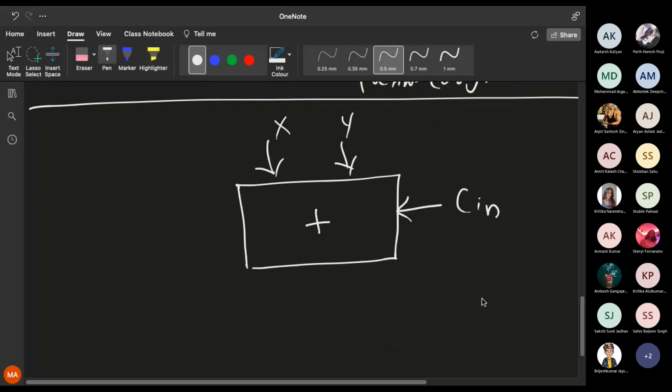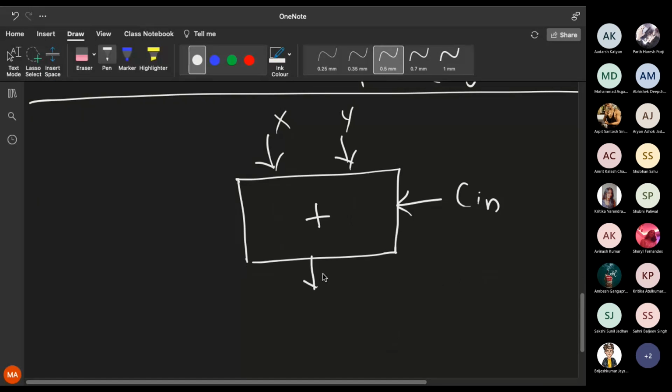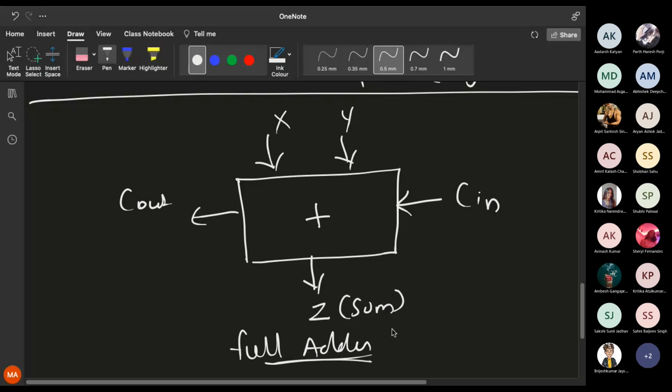And it will generate two outputs. One is Z, which is the sum. Along with that, it generates a C out, which is the current carry. This is the previous carry, this is the current carry. Is that clear? And this is the diagram of the full adder. This is how the full adder is represented. Kindly draw this diagram. It is not that difficult to remember. A full adder has three inputs: x, y and C in. A half adder has only x and y; it won't consider the carry. The output is exactly the same: we have the sum and we have the carry. Done?